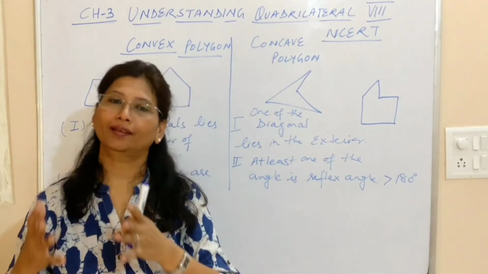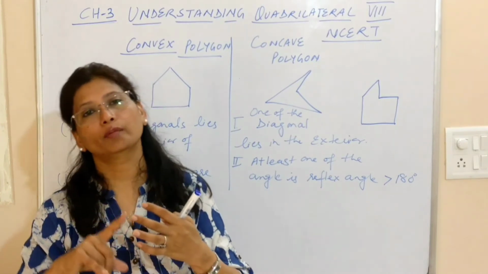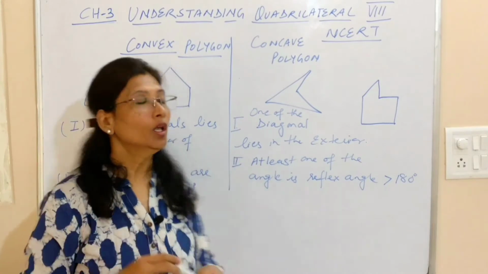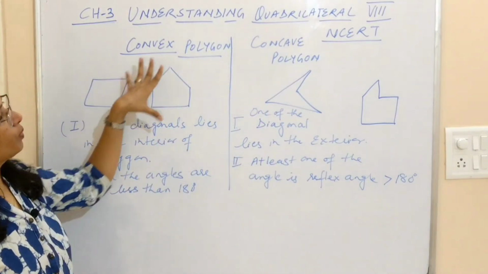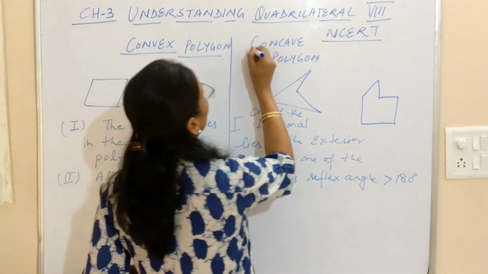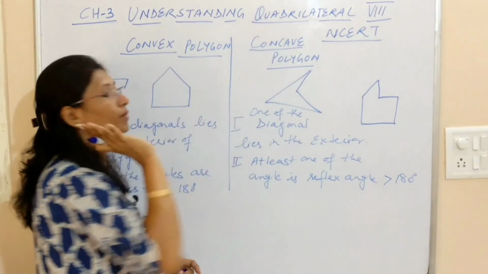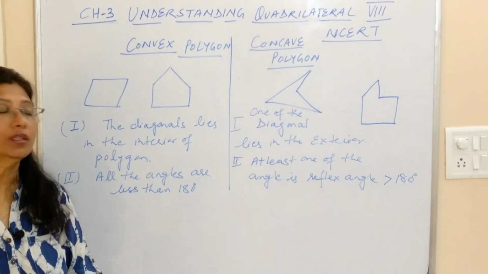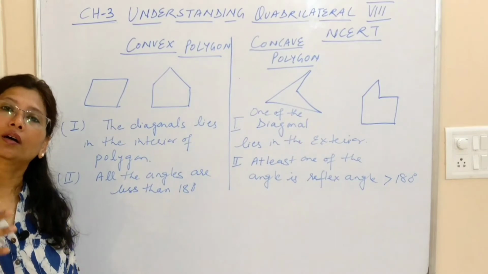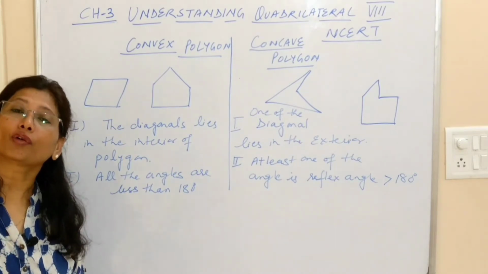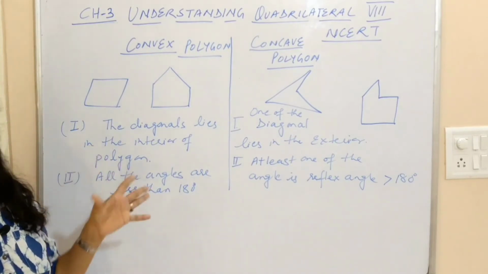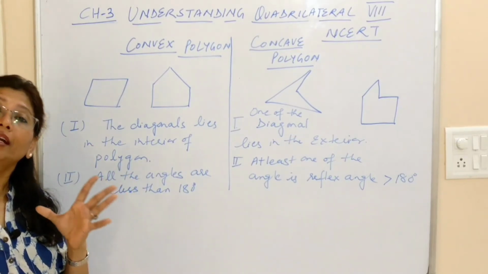Polygon, be it anything, it can be a quadrilateral, it can be a pentagon, it can be hexagon. We are generally talking about a polygon. So this is a convex polygon and this is a concave polygon. What are the points of difference between these two? First of all, I have made the diagram. You can see the diagram which seems a little unusual. We are not used to watching those kind of polygons. They are sort of concave polygon, but that is not the base. Now the first difference is the diagonal lies in the interior of the polygon.